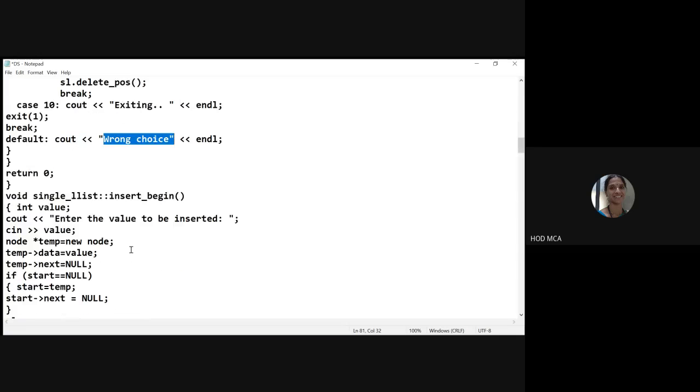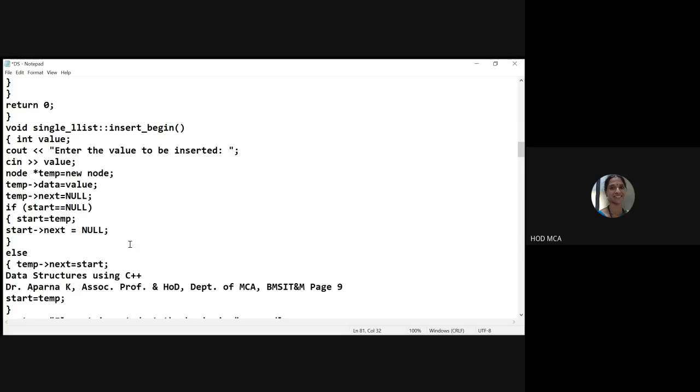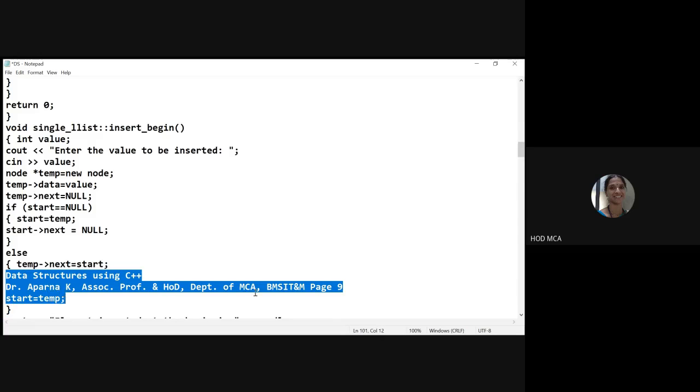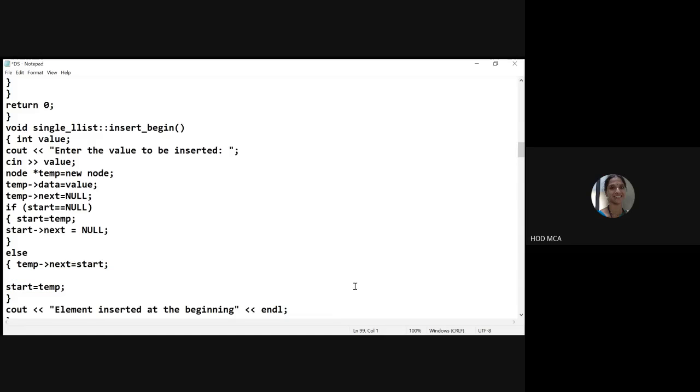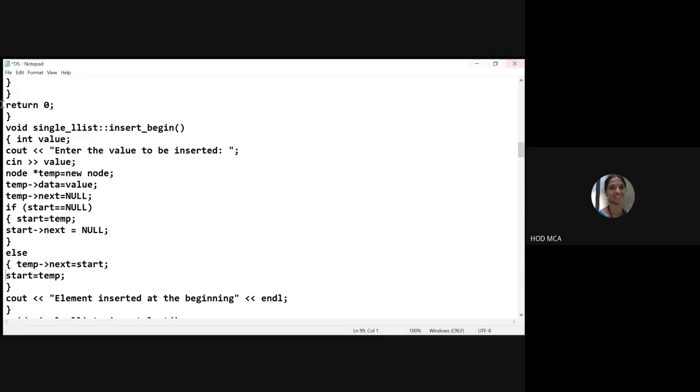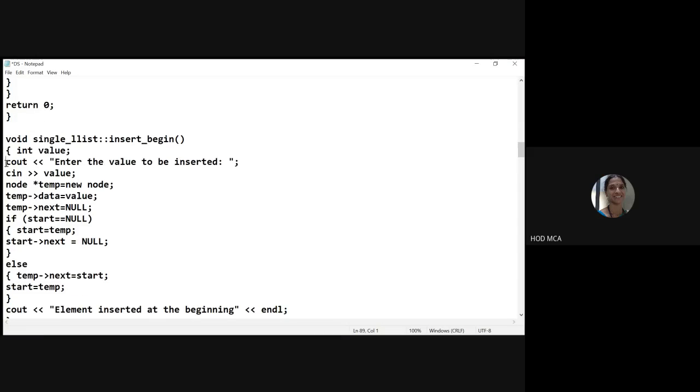All right. Now let us take each one of them. Insert at the beginning. So what happens here? Here we are declaring a variable of type integer.